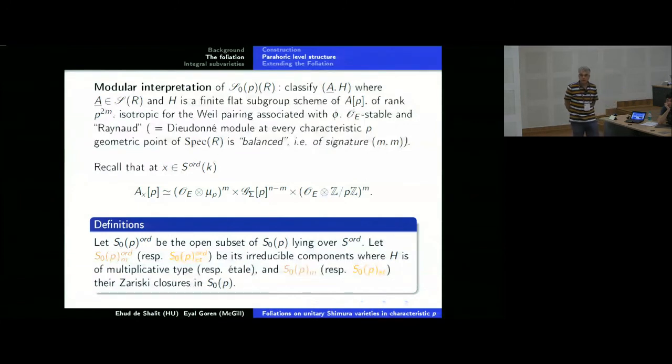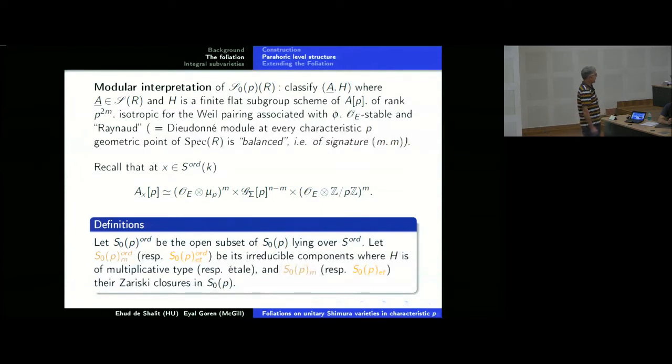It's isotropic for the Weil pairing associated with the polarization. It should be OE stable. And you think that this is enough because it relates to all the structures. But if you just impose these things, you get a representable moduli problem, but that is not flat. There are some bad components in the characteristic P fiber that sort of stick out and you cannot approach them